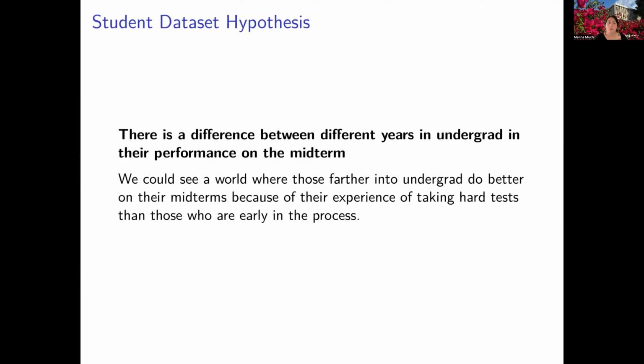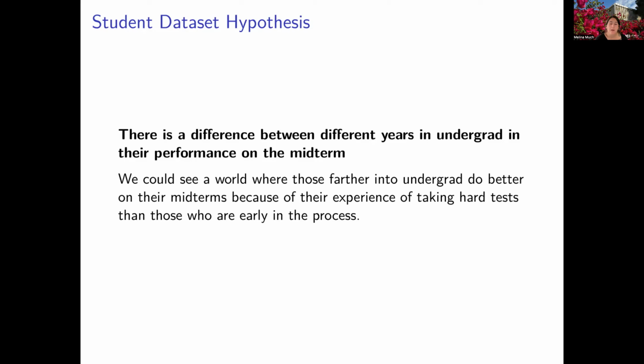So the hypothesis that we're going to work with is that there is a difference between different years in undergrad and their performance on the midterm. So our causal mechanism may be something like we could see a world where those farther into undergrad do better on their midterms because they have more experience taking midterms or taking hard tests than those who are earlier in the